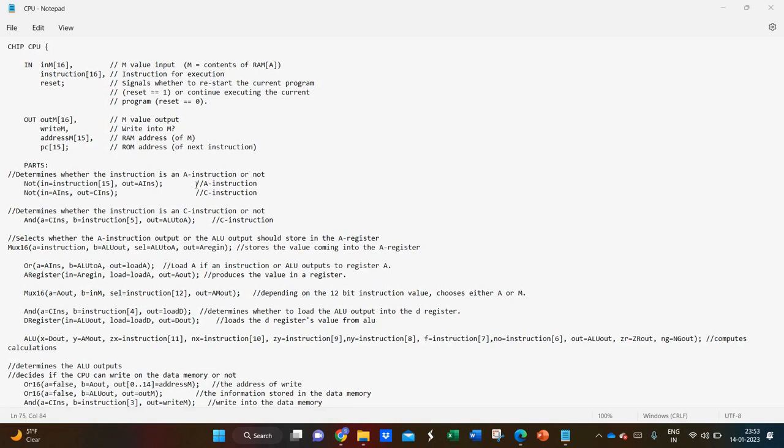Firstly, the CPU will decode the 16-bit instruction coming from the data memory into a single-bit opcode and a 15-bit value. If the operational code is 0, then the instruction is an A instruction. Otherwise, if the operational code is 1, the instruction is a C instruction. If the instruction is an A instruction as determined by the NOT gate, then the specified 15-bit value is stored